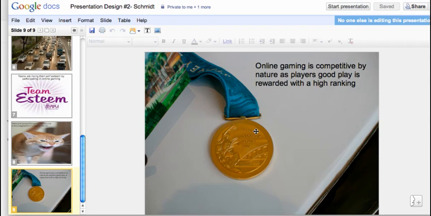As players, good play is rewarded with a high ranking, and I have a gold medal from the Olympics. So again, keeping with the similar themes,